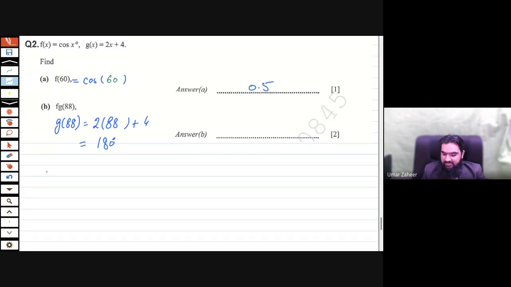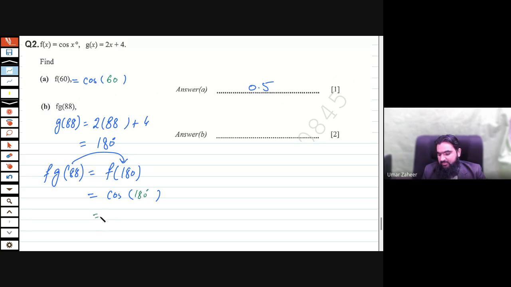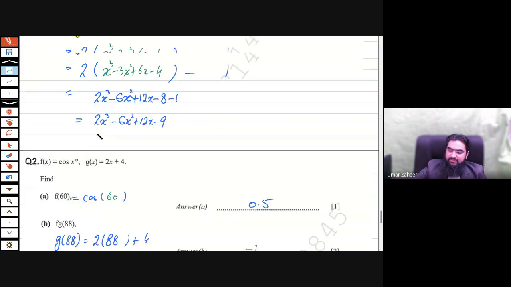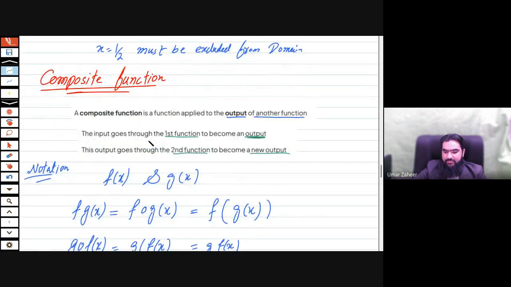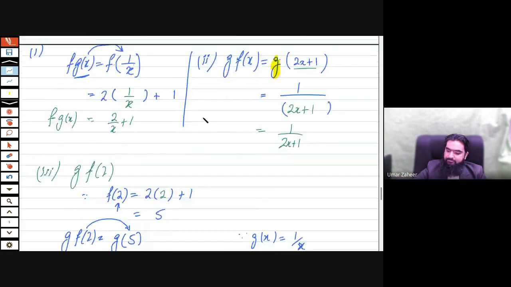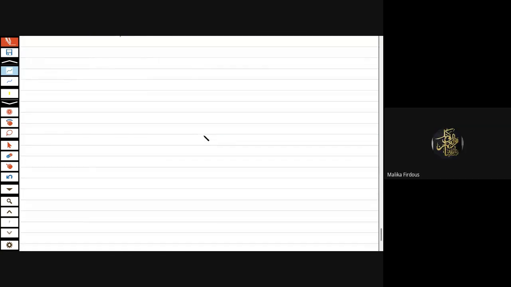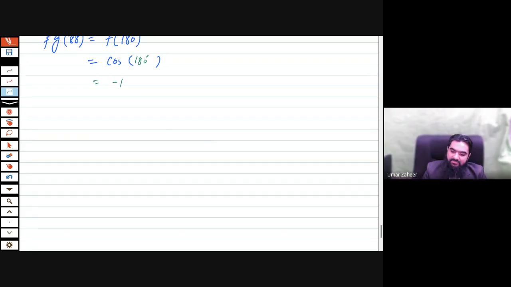Now, find f composed with g of 88. So f as it is, and in place of the input we put 180 degrees. The f function is cos of x, so in place of x, we substitute 180. The final answer is going to be minus 1. So this is how you have to find the composition of functions. Is the composite function clear? All right, the next thing in functions is